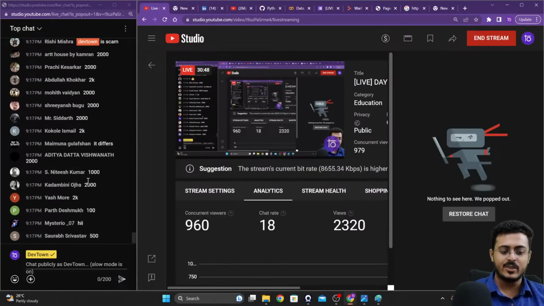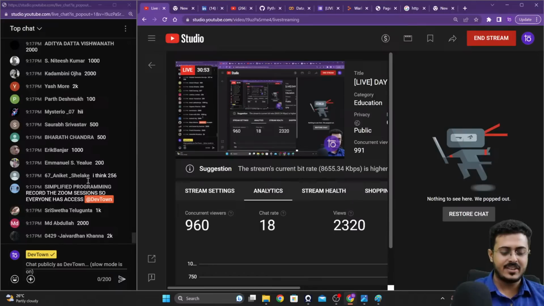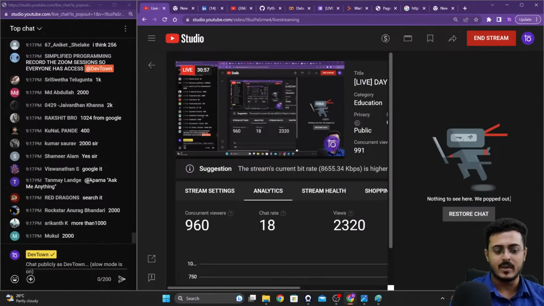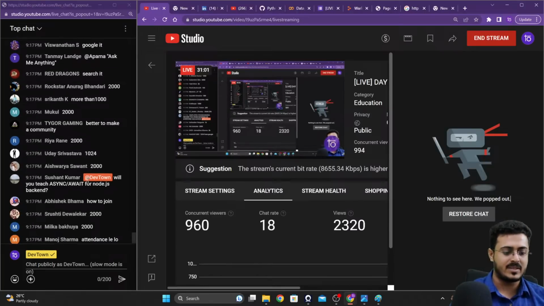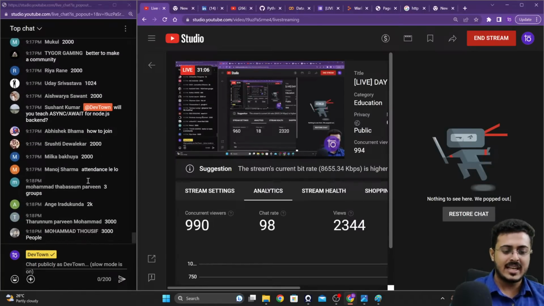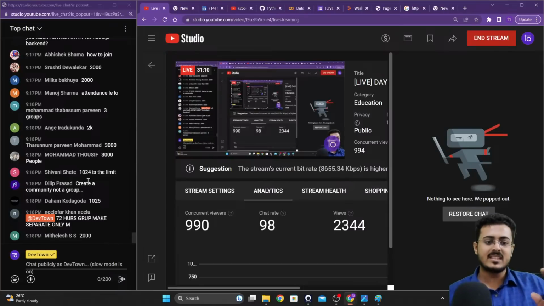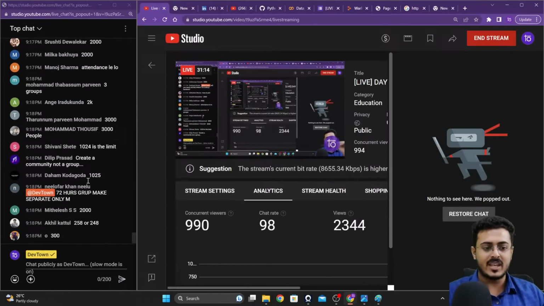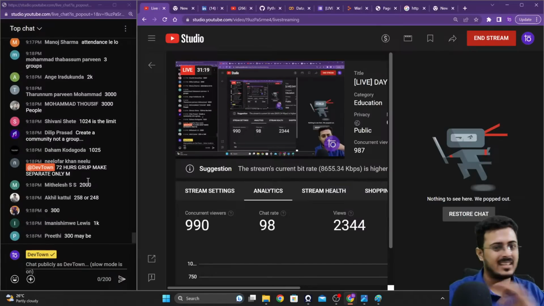Please do not enter into multiple groups, guys. It will be of no use to you. Make sure that when you are entering into the group, do not let more than 300 people enter into one group. If there are more than 300 people in one group, just leave the group. In the career guidance session, I'm going to answer all your questions during that time, and I cannot handle more than that many students.